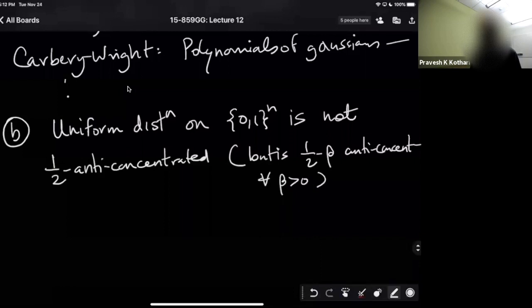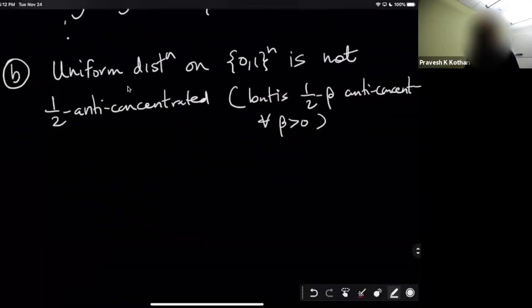So what does that mean? It means that there is a direction along which, if I project the distribution, it takes the value 0 with probability half. It's very simple to produce such a direction. It's simply one of the standard basis vectors. Notice that if I take an x which is uniformly distributed on {0,1}^n, then x·ei is simply its ith coordinate, and it's going to be 0 half the time.